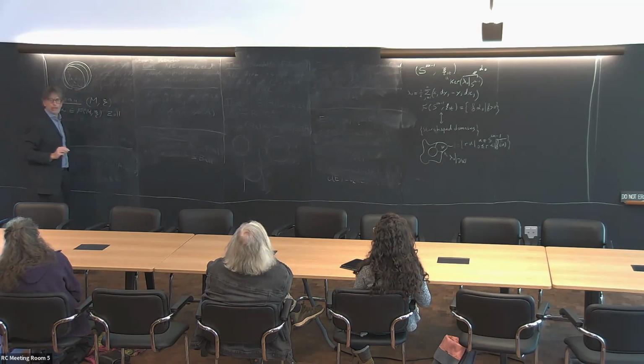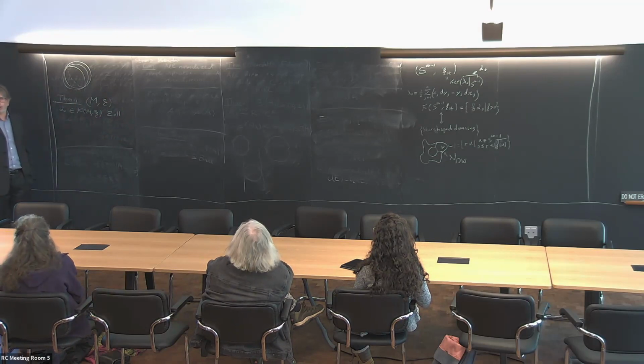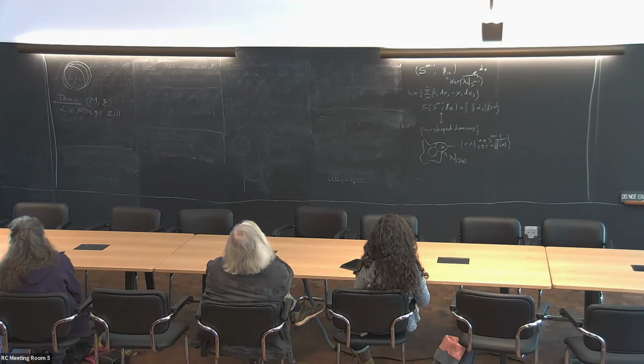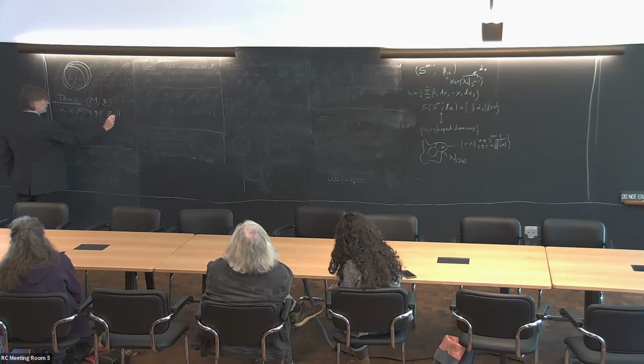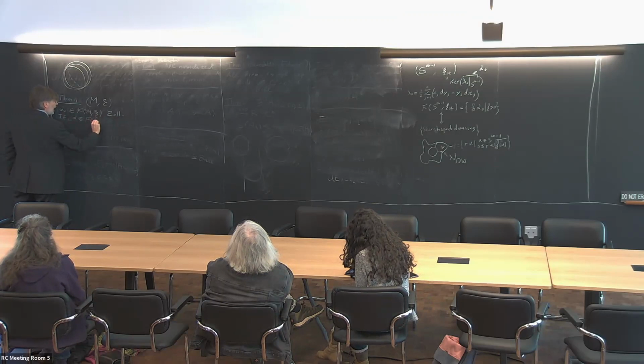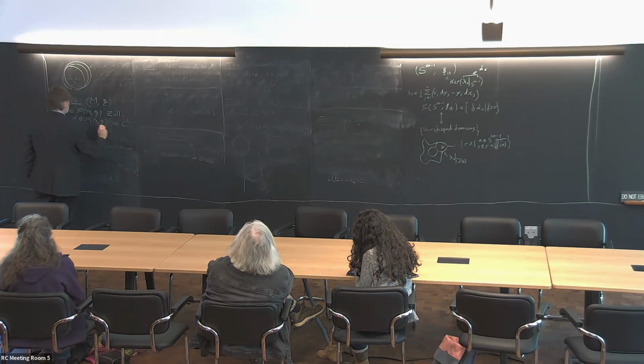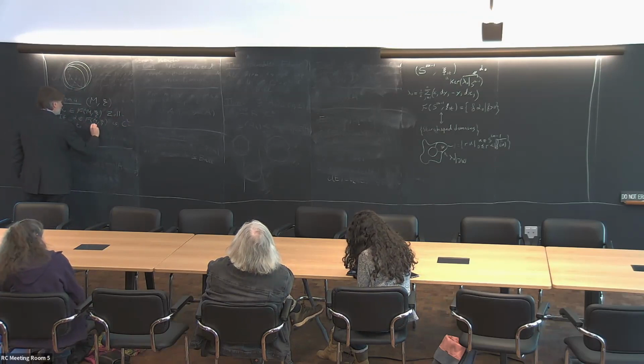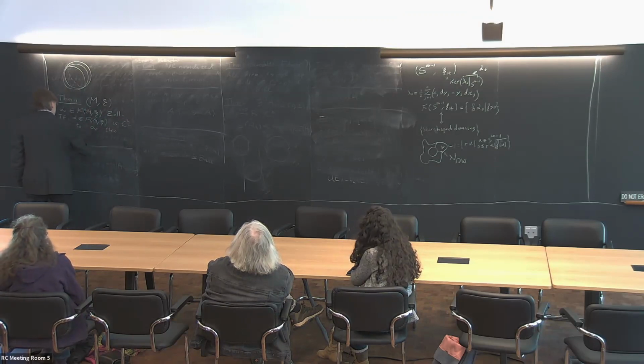By Zoll I mean the Reeb flow defines a free S1 action: all orbits are periodic with the same action. The theorem says that if another contact form alpha is C2 close to alpha naught, then there exists